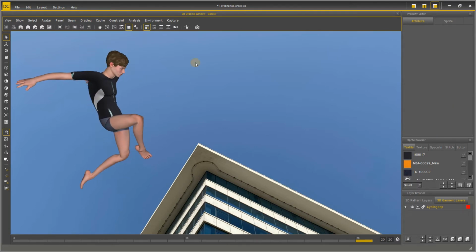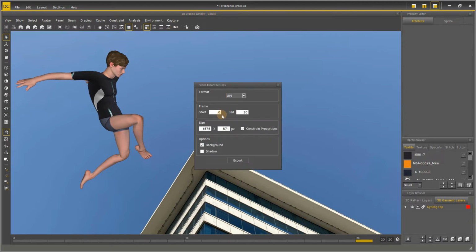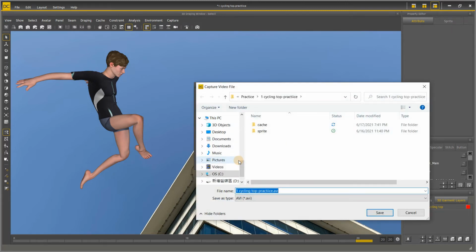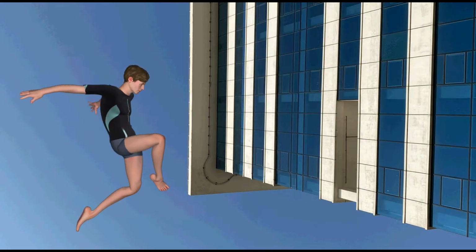Rotate to your preferred angle and click Export Catch to Video. You can set the start and end frame in the export setting and decide whether you want to export with background or shadow. These are the videos I exported.